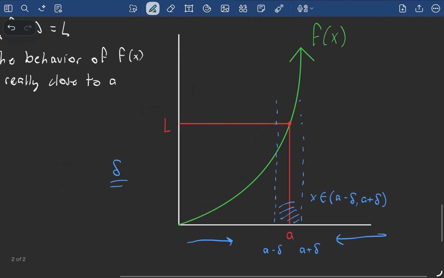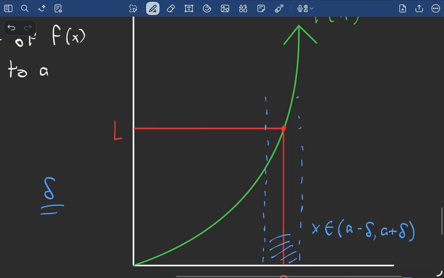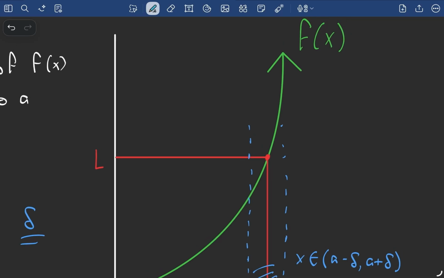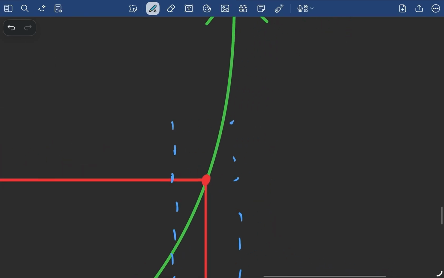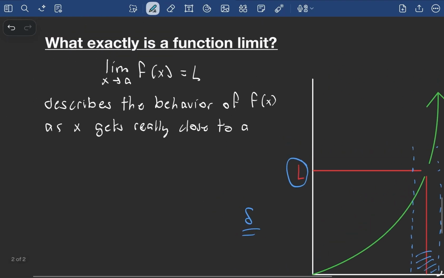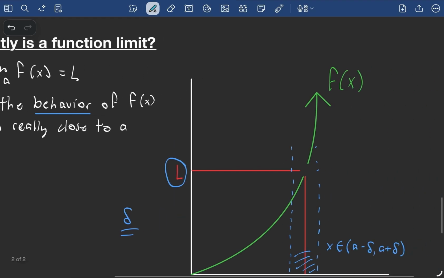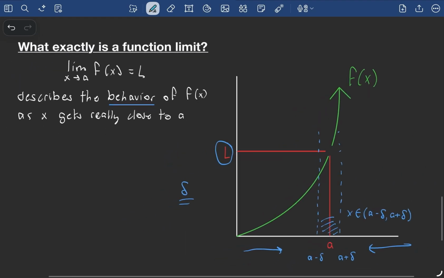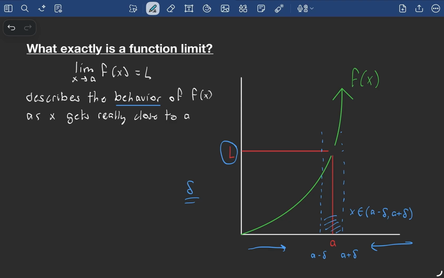So as x goes closer and closer, and delta becomes smaller and smaller, the value, not the value of the function, but how the function behaves will come to some tendency L. And it's important to note that the function doesn't actually have to exist there. It just has to behave like that as we lower the values of delta. And so it'll end up behaving like L, and that is why we say that the limit of f of x is equal to L, describing the behavior, and not the actual value of f of x. And when we do our proofs, we're going to look more forward into this definition with delta,